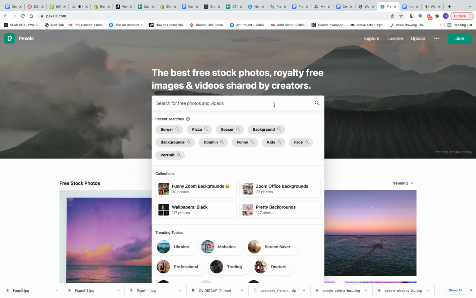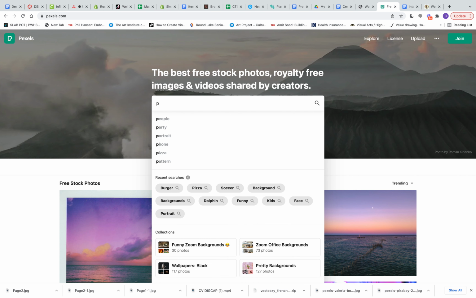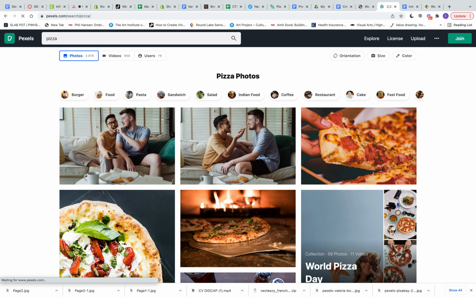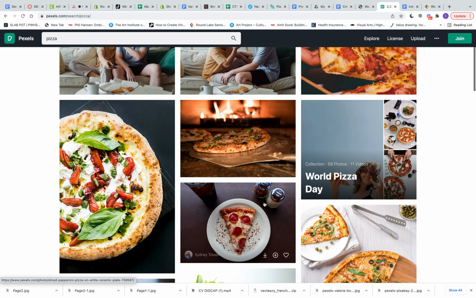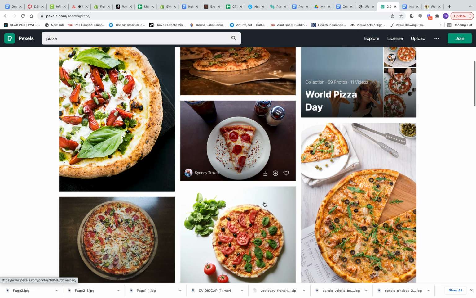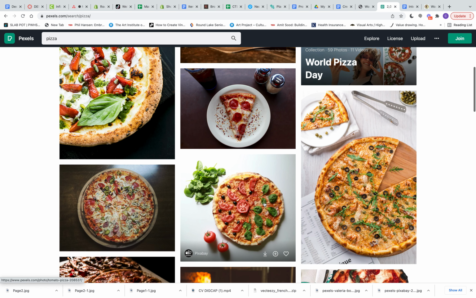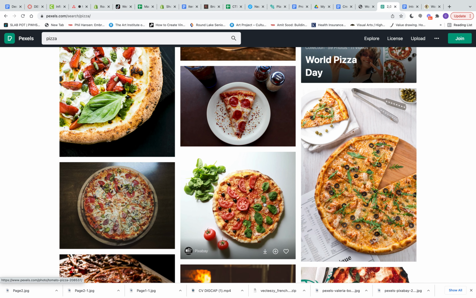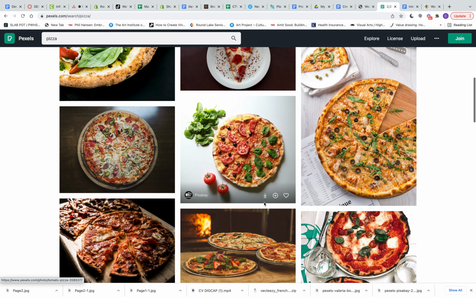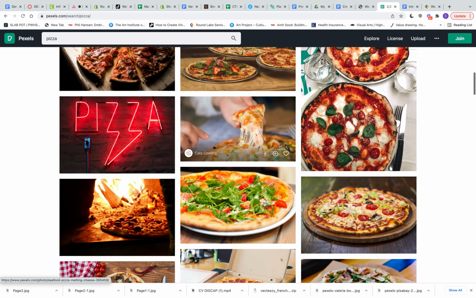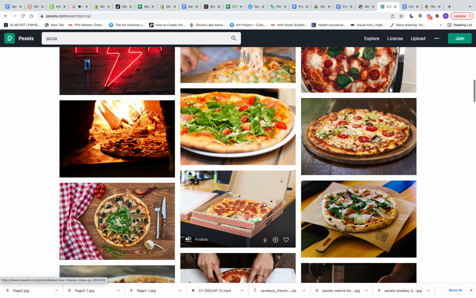So in the search bar, I am going to search for a food item. I'm going to start with pizza. So you would pick a photo that you think will work well on your menu. Now, if you are using a photo for the entire background of your menu, that's fine. Just make sure that there's a lot of blank background space where your text could potentially go. For example, this one, you might flip it and put the title right here on the left over the gingham